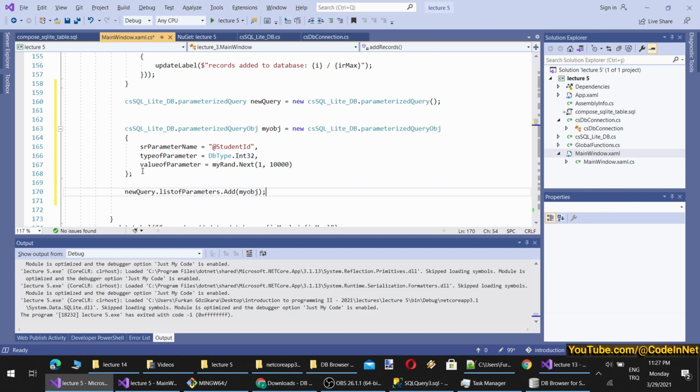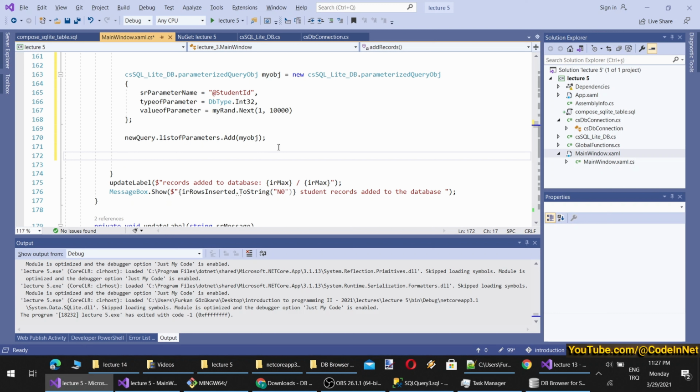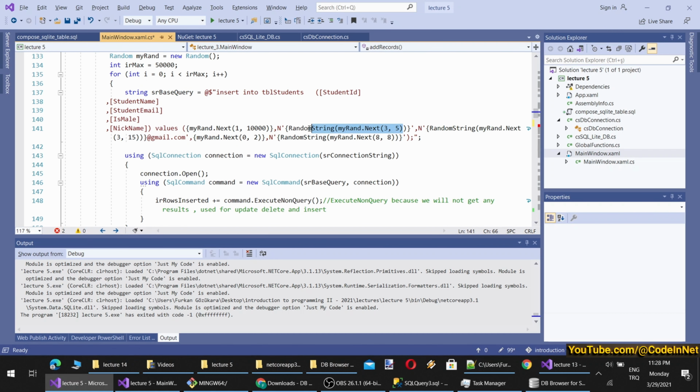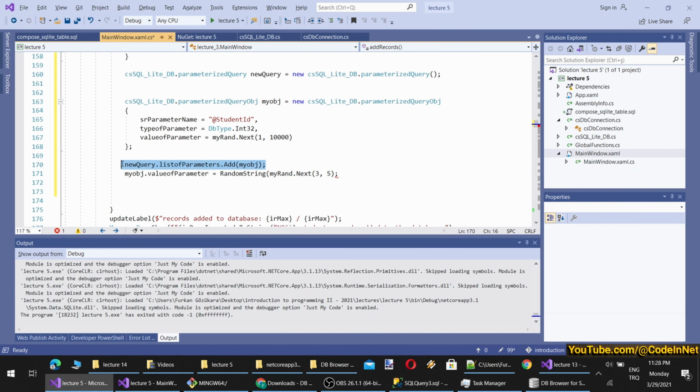Now I can compose other ones. If I change values of this in the following code, then it wouldn't be new objects, because this is, let's say, a reference type. So if I change the values here, for example, like this, and re-add something like this, all of them would be the same. Because this is a reference type, when you add it like this, you are only adding its reference. Therefore, this is not the appropriate way.